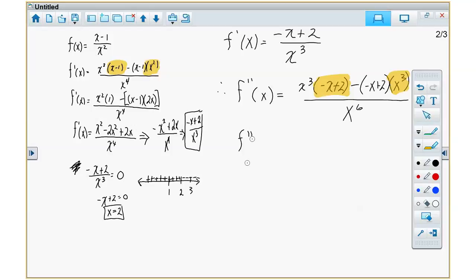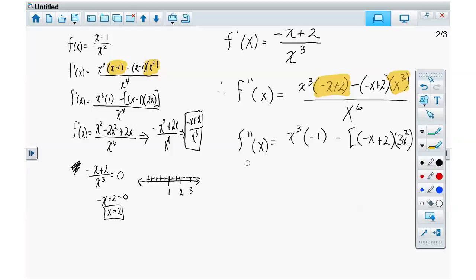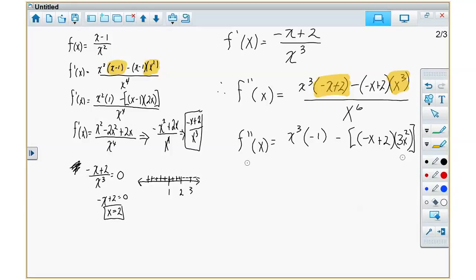So f double prime of x is equal to x to the 3rd times what? Negative 1 minus brackets negative x plus 2 times what? 3x squared. Be careful here because you got a lot of signs. Now I'm just going to clean up a little bit. This negative makes this what? Negative. So f double prime of x is equal to negative x cubed